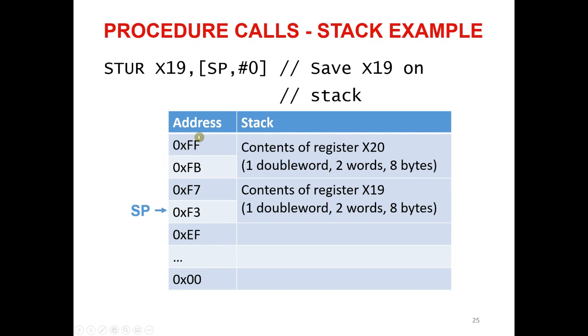The addresses go from high to low, and if we want to add an element, we subtract an address from the stack pointer. So maybe that is what can be a bit confusing. Okay, now let's jump to see the next part.